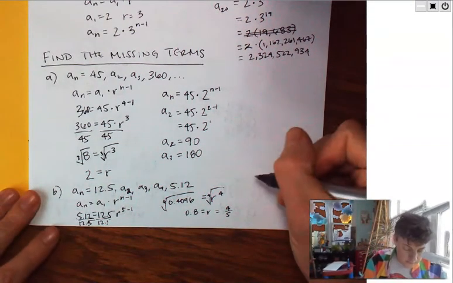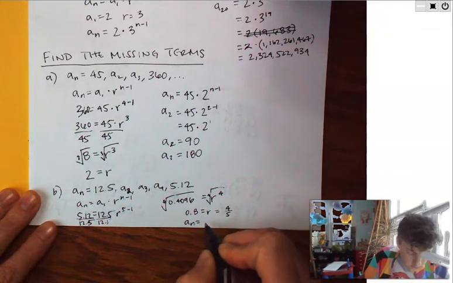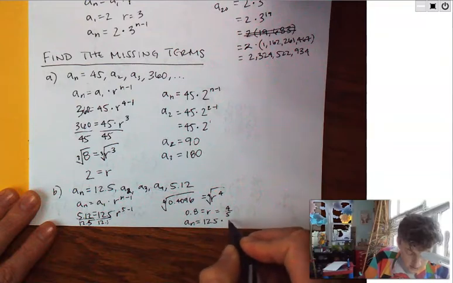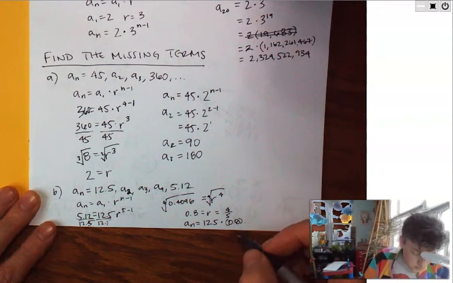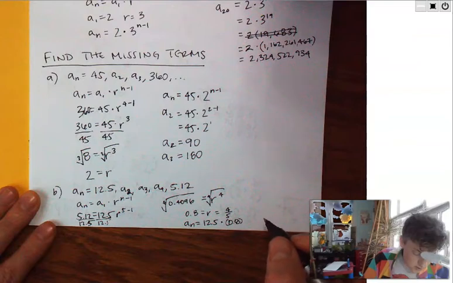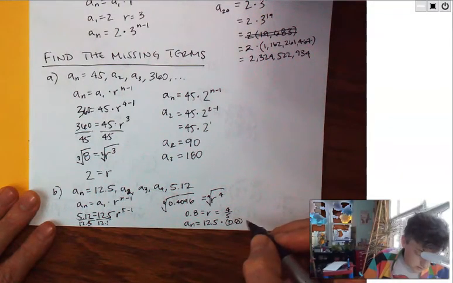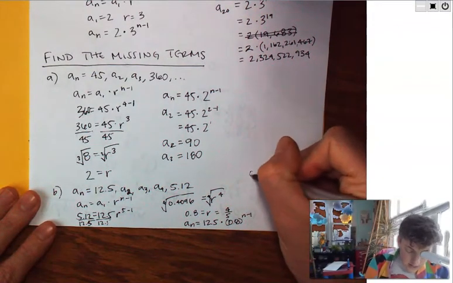So our general formula, a sub n equals 12.5 times 0.8 or 4/5 to the, what was our r? Just kidding, that was our r, right? So we're n minus 1, so it goes right there. Great. Now we need to find a sub 2